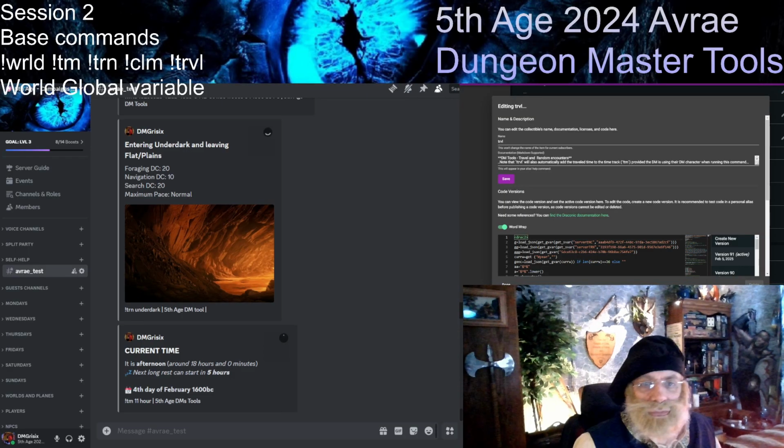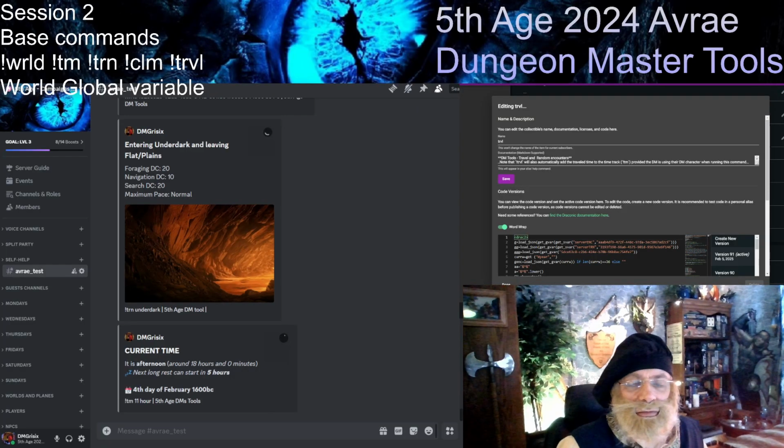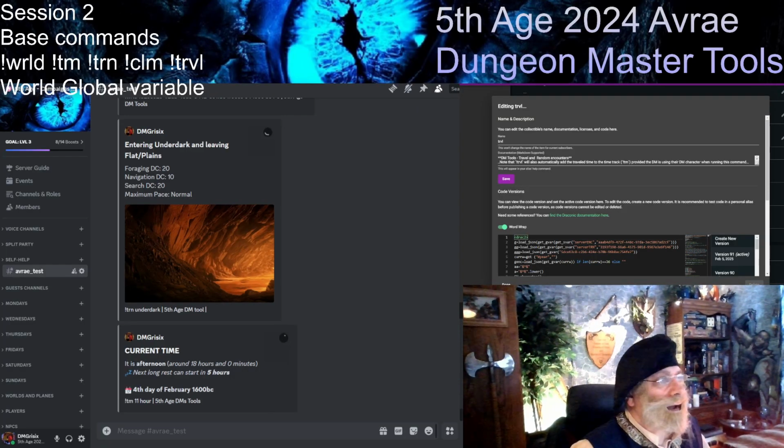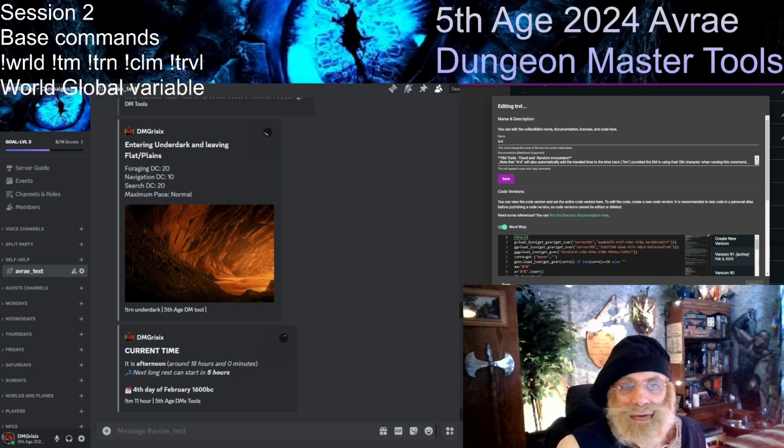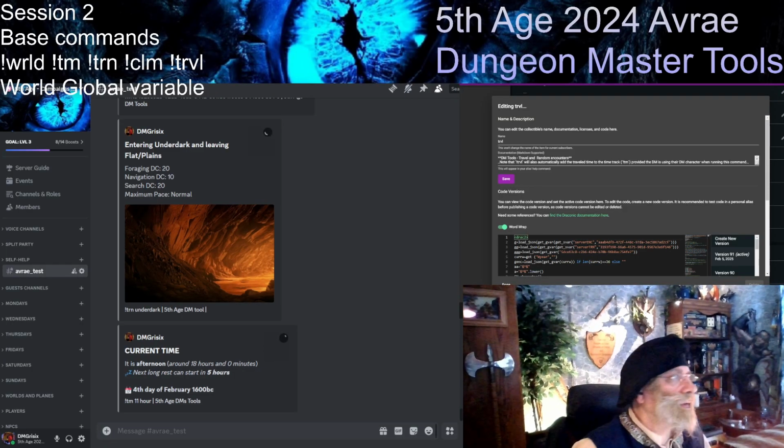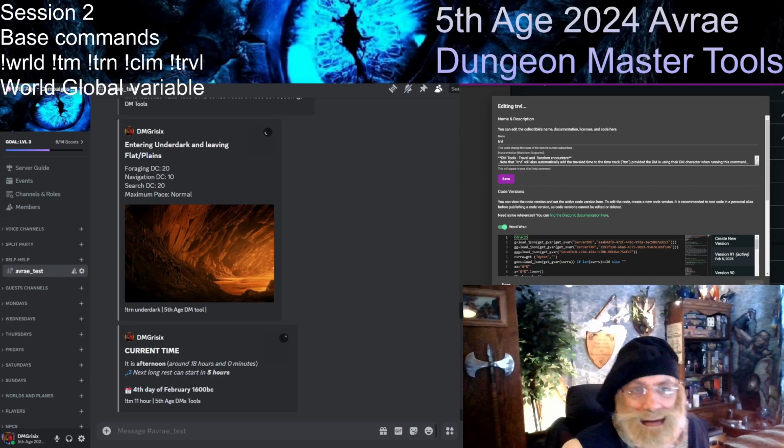Discord is a great tool because you don't have to be logged in on a game table to find the information. You can move the time forward between sessions. There's a bunch of things that can happen between two sessions with everybody on Discord without having to have a game table or be around the table with your friends. So let's continue on what we have seen last time.